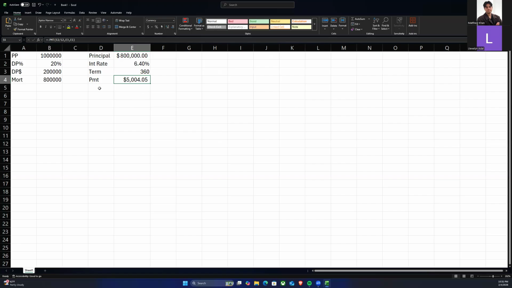Now, mortgages have a start date when you're going to make the payment, right? So if you could go to the G column, right? Here, we want to type in payment start date. And the way I like you to do it is you type month first. So the word month. And to the right, just put in 3 for March,